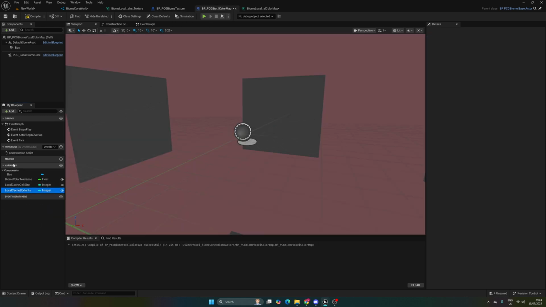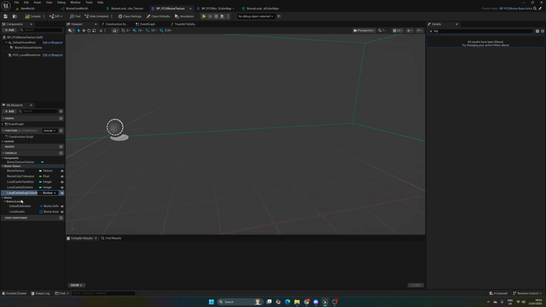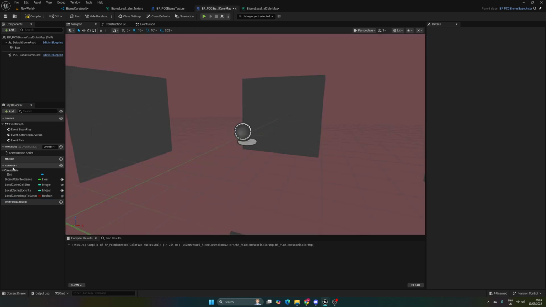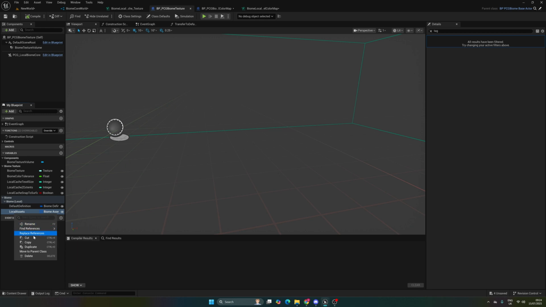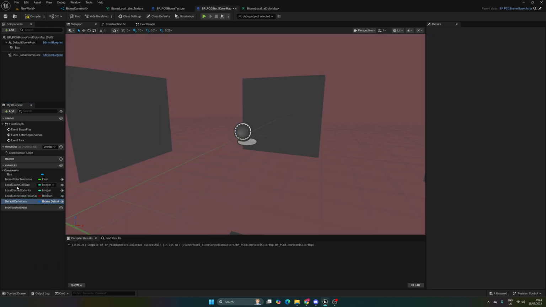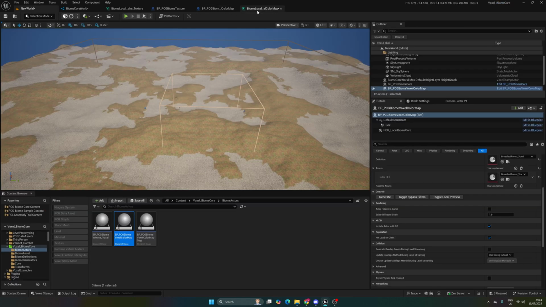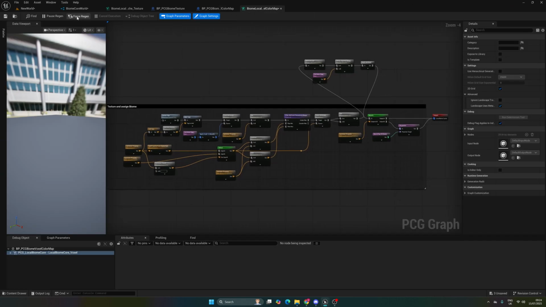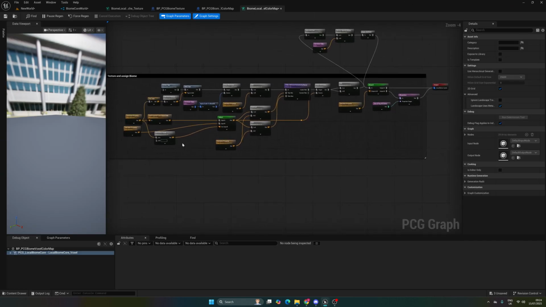Paste it, and I do actually want the definition and the local assets. I'm going to copy those as well. Paste variable. Okay, so now let's go back to our color map and refresh it, and the errors have gone,